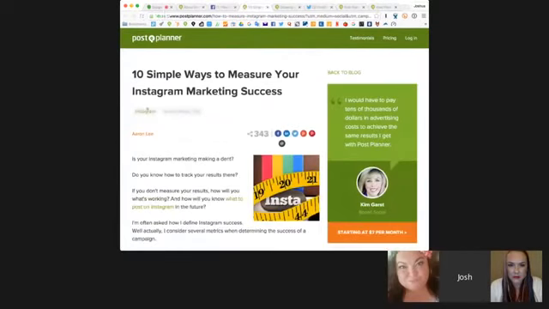Now we don't put published dates on our blog posts. Some people do, some people don't. We decided not to because we feel like if someone comes in and they see a post that is evergreen and does have value, but they see it was posted 2 years ago, they might immediately bounce because they see it as less valuable, even though it still has a lot of awesome information on it.